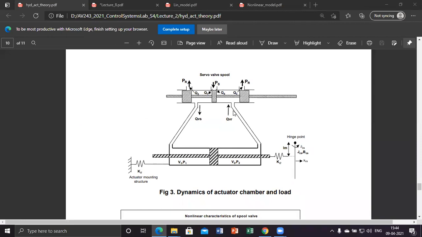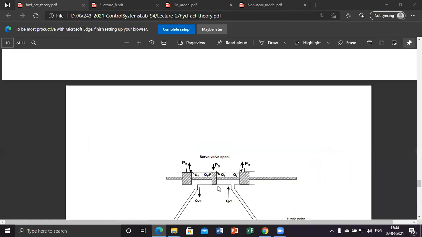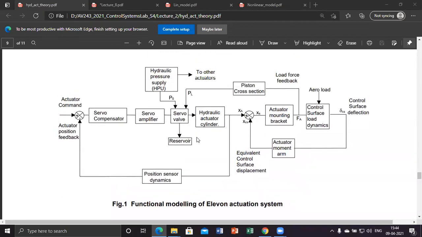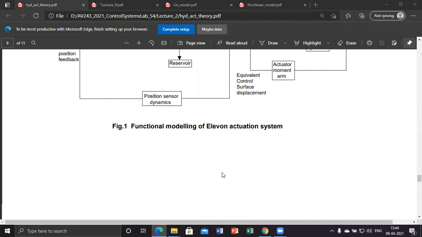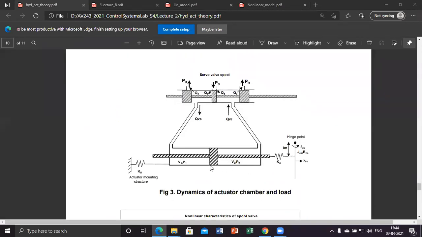That is this QVS is equal to QVR is equal to QV Pitot. QV is the output of the servo valve that is connected to the actuator cylinder. So this comes to the actuator cylinder. Now, if you see the output of the actuator cylinder, you have two things. One is XA, the total elongation, the differential motion of the cylinder and piston, XA. That's the output of the actuator cylinder, isn't it? If you consider the relative displacement of the piston head with respect to the cylinder.